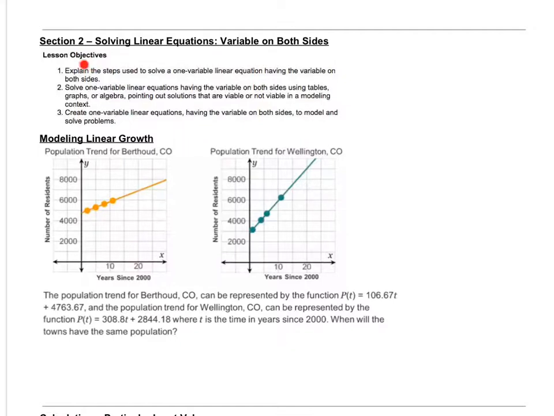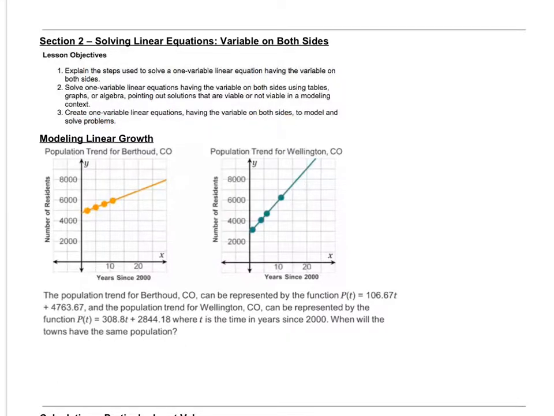What we want to do is be able to explain the steps used to solve a one-variable linear equation having variables on both sides. Solve one-variable linear equations having a variable on both sides using tables, graphs, or algebra. And then point out solutions that are viable or not viable in a modeling context, okay? And then we want to create one-variable linear equations having the variable on both sides to model and